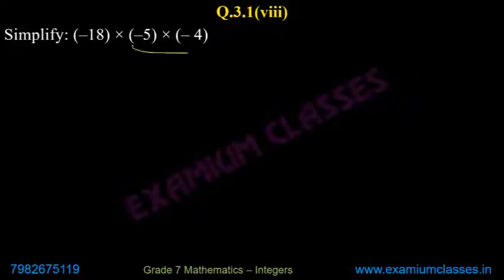You first need to multiply minus 4 and minus 5. It will be minus 18 multiplied by, minus into minus plus, 5 into 4, 20. Now minus into plus will give you minus. 0 is already there, 18 twos are 36. So minus 360. Samarth correct, Akanksha correct, Devansh correct. A little bit improvement in speed required. Arush, yes, correct.